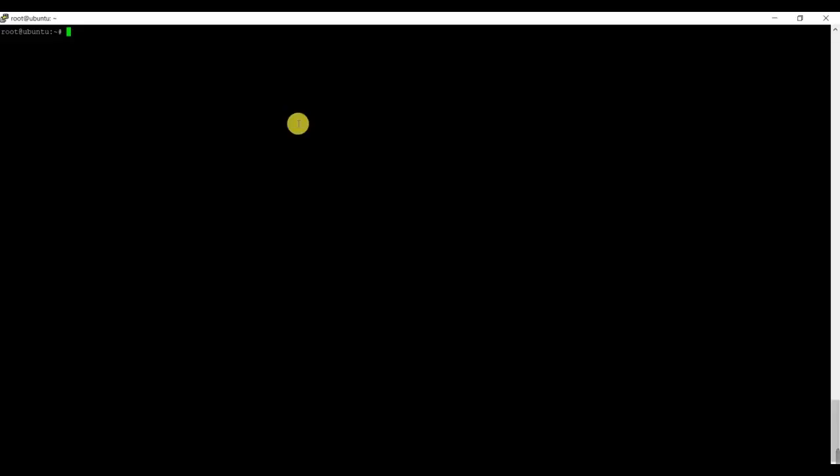Now let's see the process of deleting the key pair which we have created earlier. To simplify our task, I wrote a shell script. By using that shell script, we are going to delete the key pairs which we created earlier.